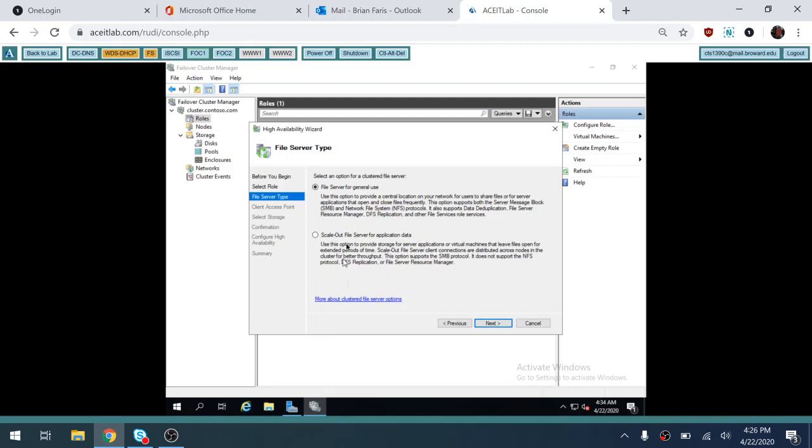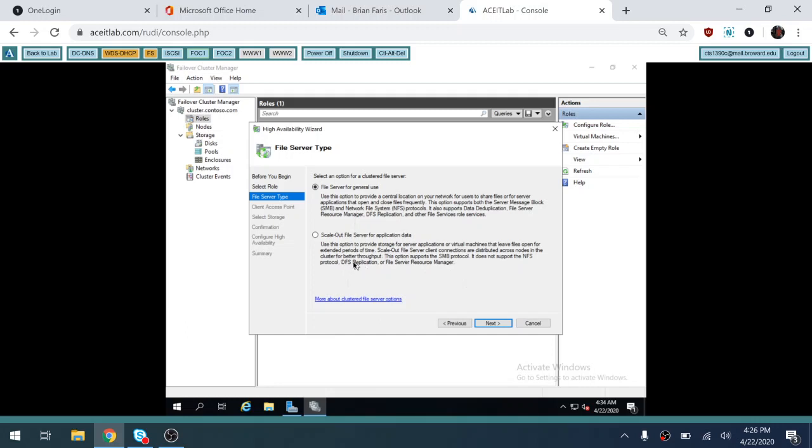This is strictly for those applications that keep files open on file servers for extended periods of time. And their example is like a virtual machine. So if you're reading a question and they say they need to set up disk quotas, you know not to choose this option. If you're reading a question that talks about DFS replication, and I'll explain what this is,